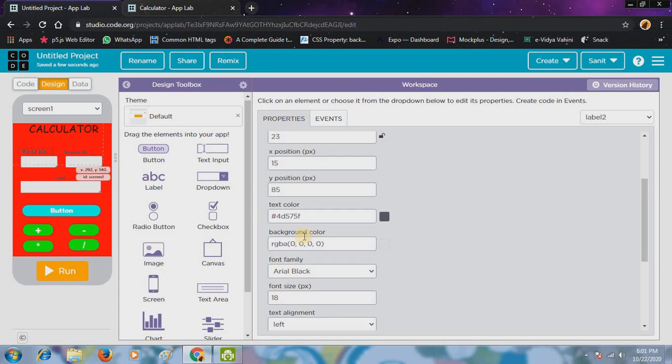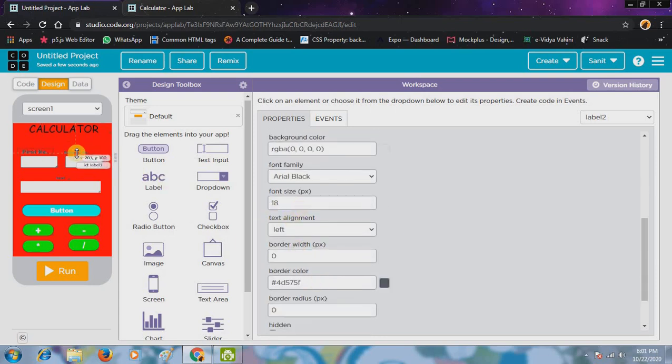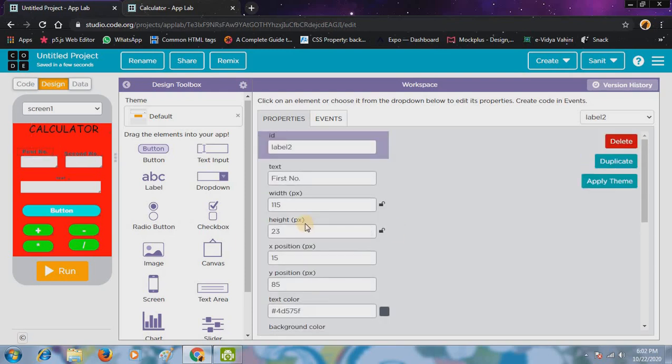And its font size is 18. Its x and y is 115 and 85. So y it will be 85.